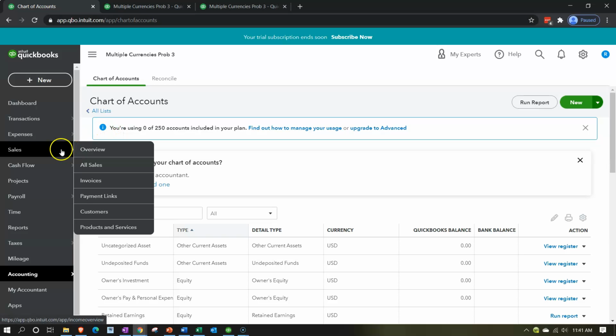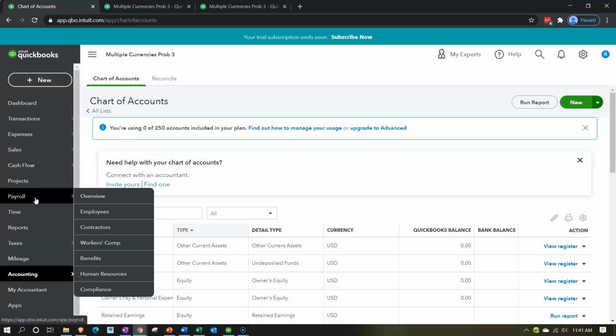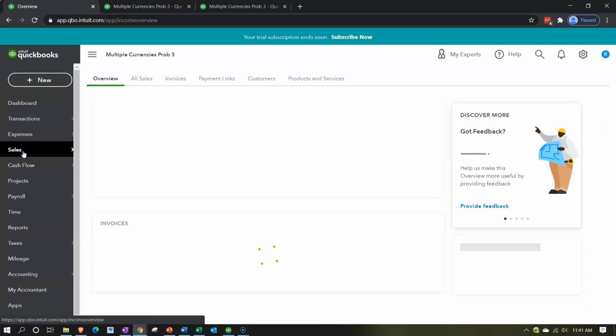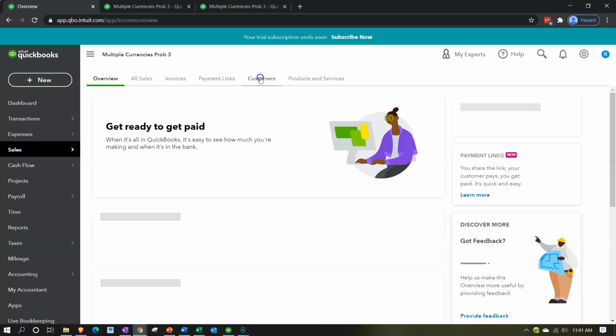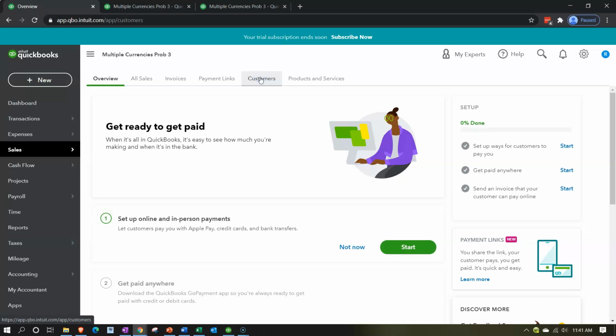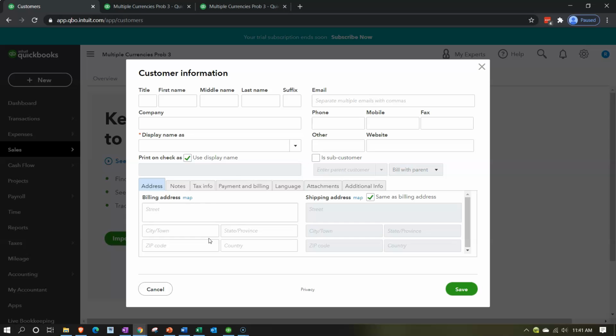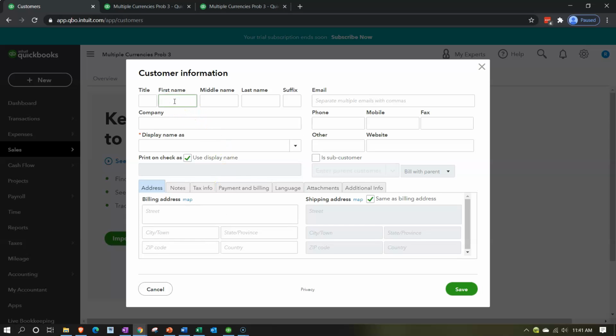So I'm going to go then down to the sales item. Let's add the receivable side of it first. So I'm going to go then to the customer and let's add a customer for the receivable. So I'm just going to say add one customer. We could do this as we create, say, the invoice as well. So I'm going to call it broker